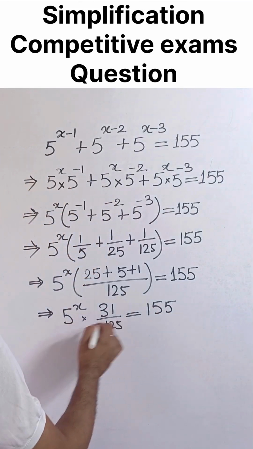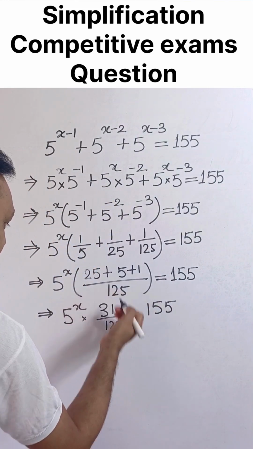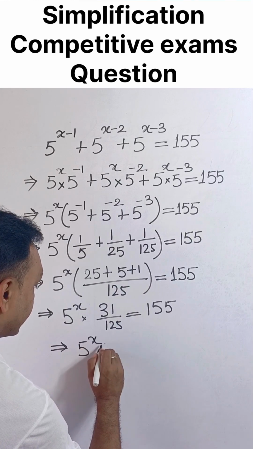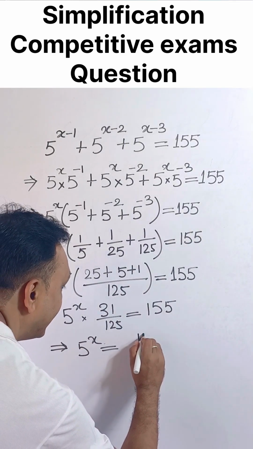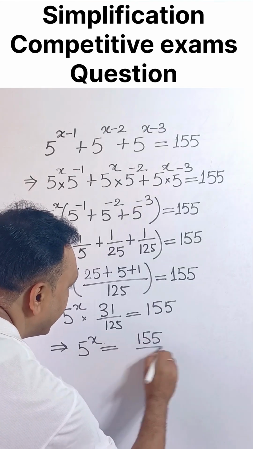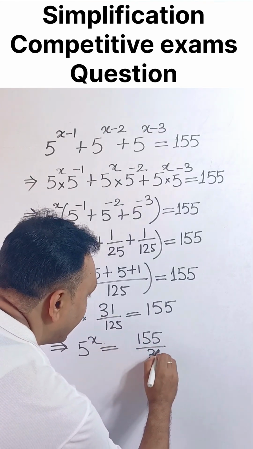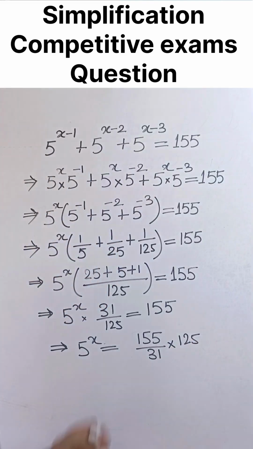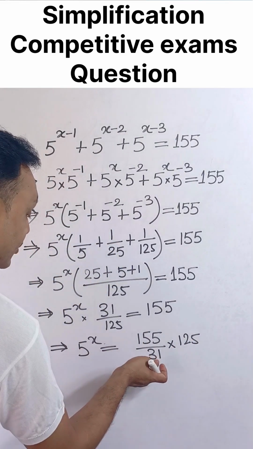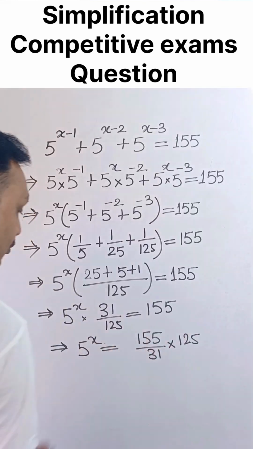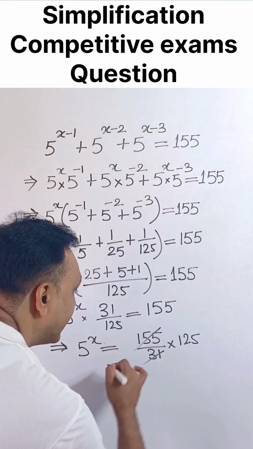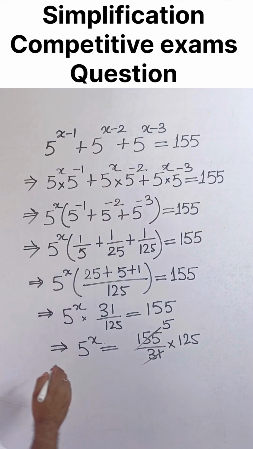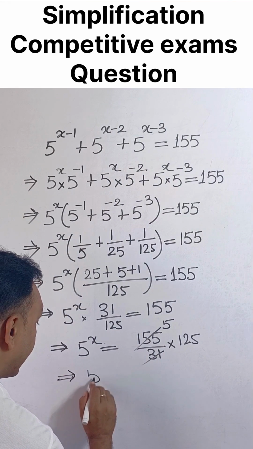So if we take these fractions to the other side, it will look like that. 155, this 31 will come here and 125 will be multiplied. Then the numerator will go to the denominator and the denominator will become the numerator. Now if I cancel it, you will get 5, right? Alright. Further we can do